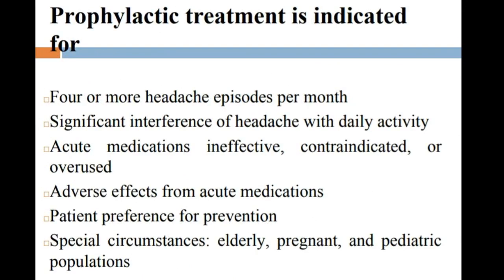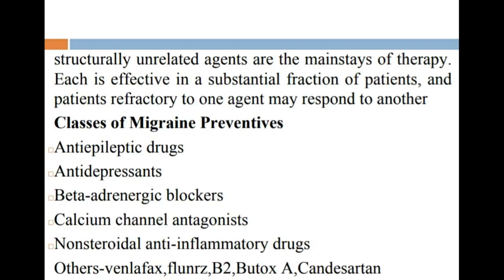The indications for prophylactic treatment are 4 or more headache episodes per month, acute medications ineffective, contraindicated or overused, and lastly, adverse effects from acute medications. We have classes of migraine preventives, which are structurally unrelated agents. These are anti-epileptic drugs, antidepressants, beta-adrenergic blockers, calcium channel antagonists, non-steroidal anti-inflammatory drugs, and we have others like